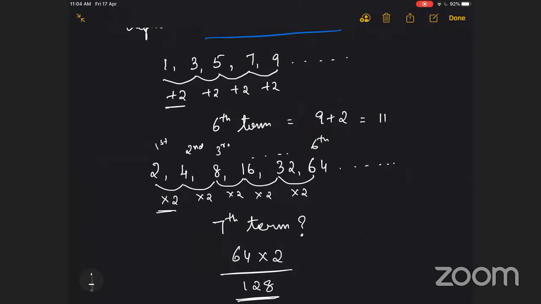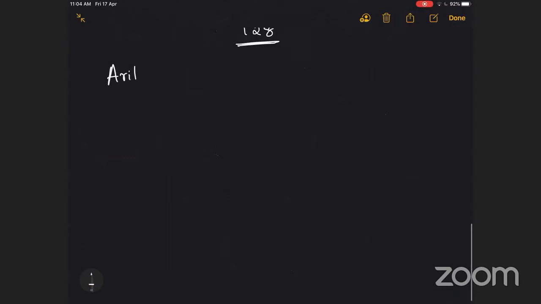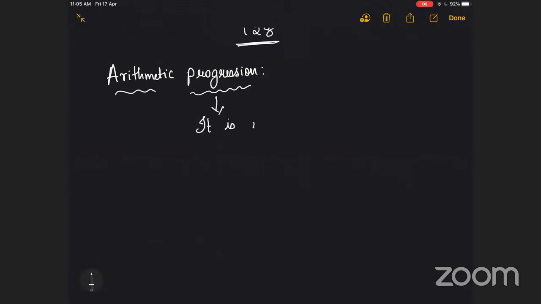To the arithmetic progression. What is arithmetic progression? So we understood what is a progression. Progression is nothing but a list of numbers, or a group of numbers